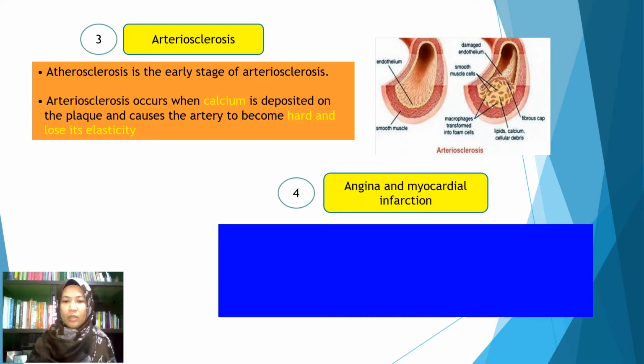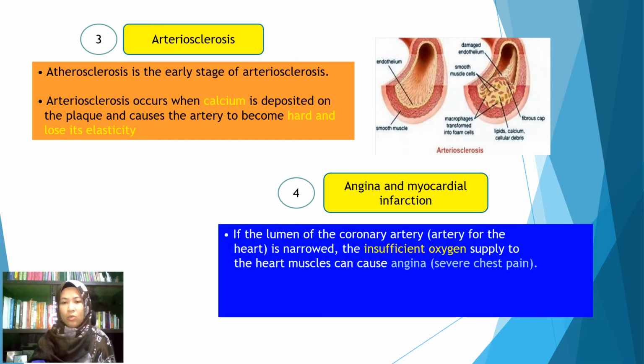Next, angina and myocardial infarction. Ini lebih kepada sakit bahagian dada. Angina just like macam minor heart attack. Rasa sakit bahagian kiri. Bahagian chest, severe chest pain. Why? Because when the lumen of the coronary artery, the main artery that supplies oxygenated blood and nutrients to the heart,